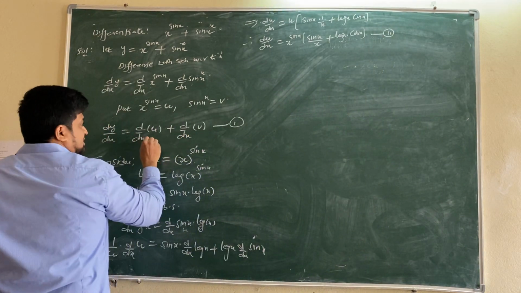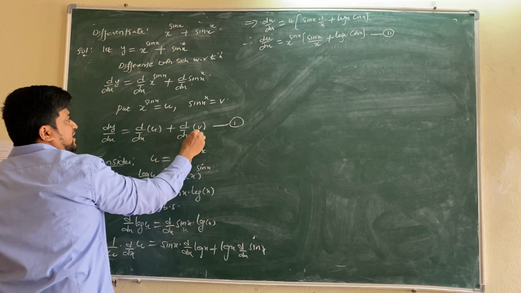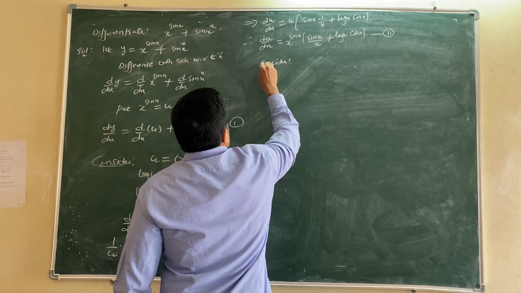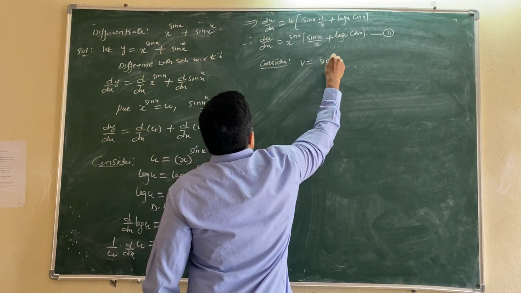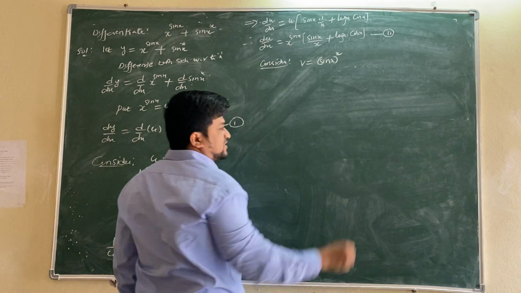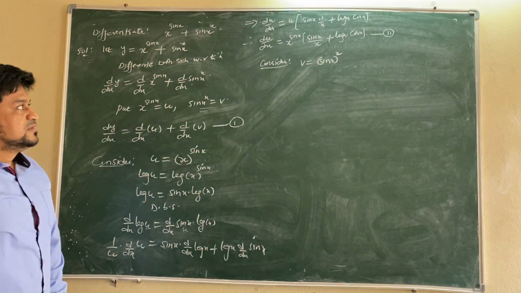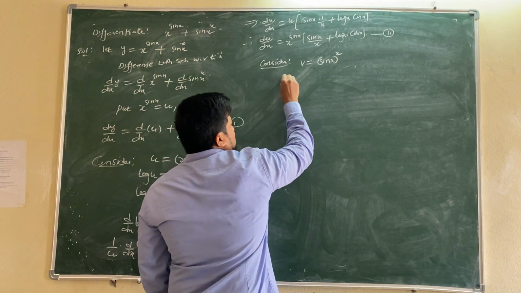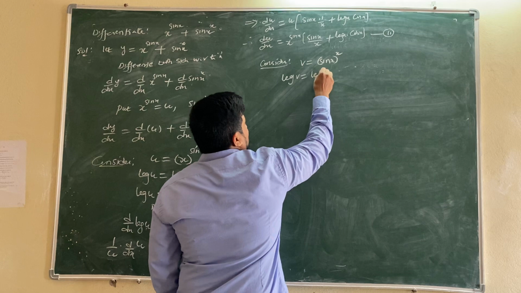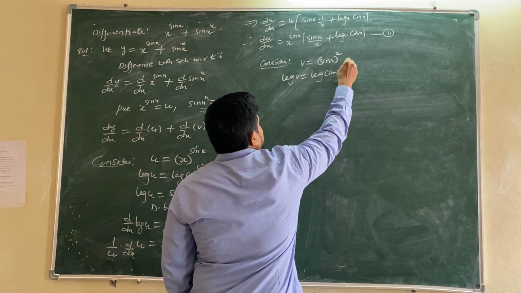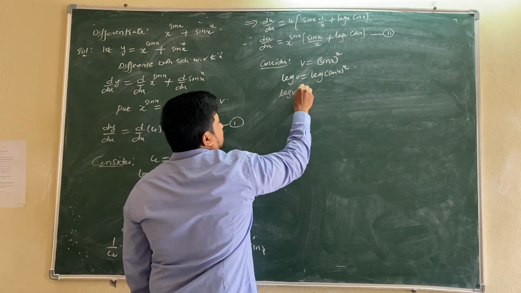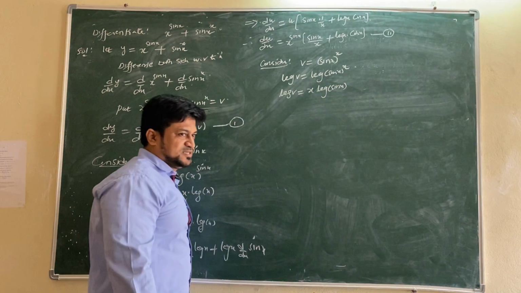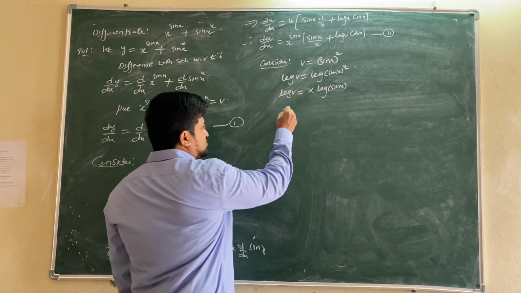Now we have du by dx, we got it. For getting dv by dx, we should take v now. Sin x power x. Take bracket for that one. Then as usual apply log on both sides. I am not writing the statement because I have to use the space for this problem. Log v, log bracket sin x power x. So this will be log v equals x into log of sin x. Now what will we do? Differentiating both sides.